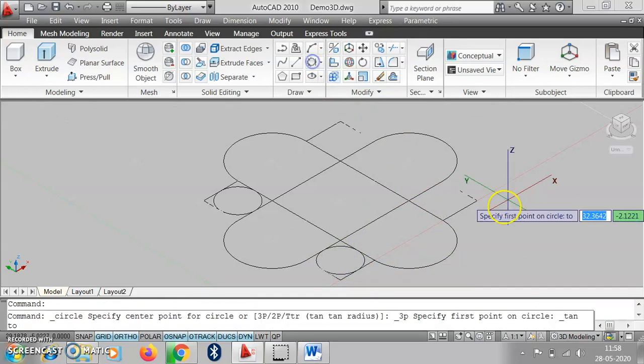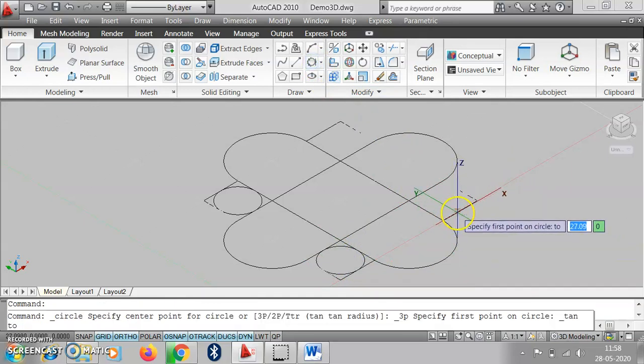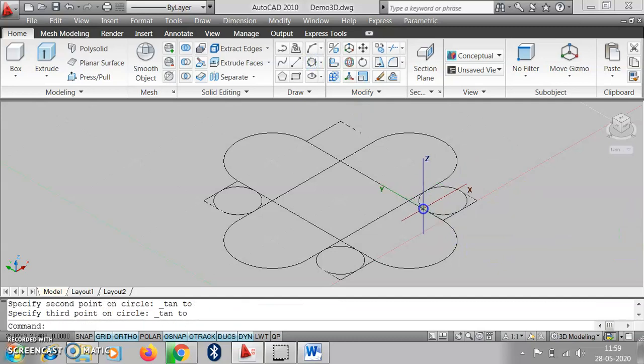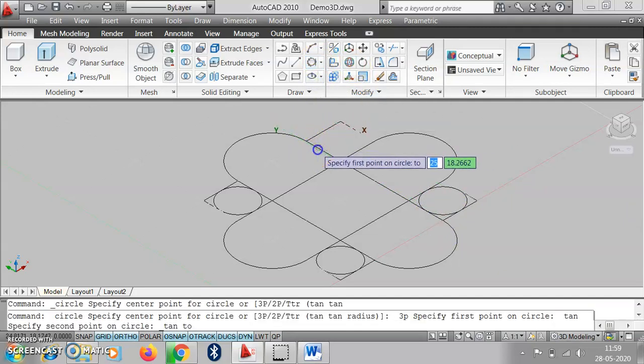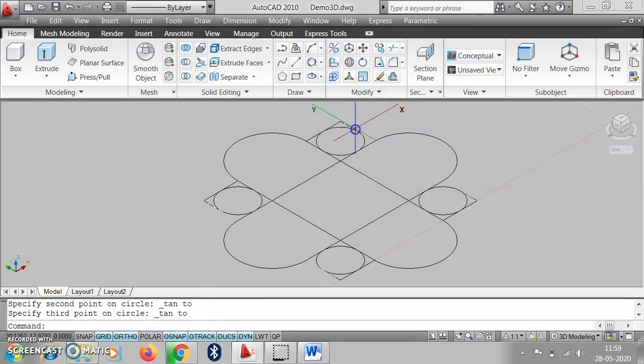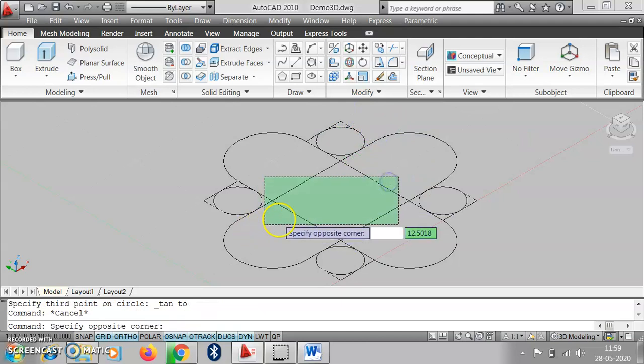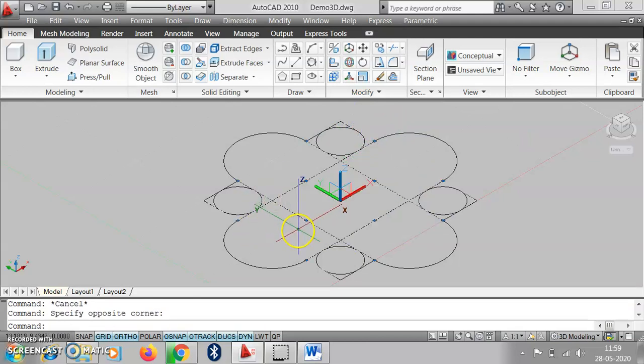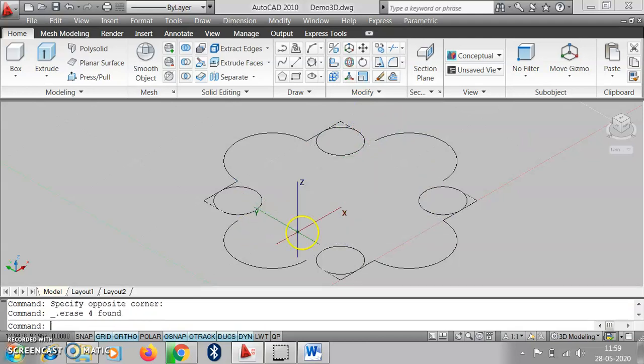Then again this 3 tan command, again this 3 tan command, and suppose we erase the part in between and create the center line.